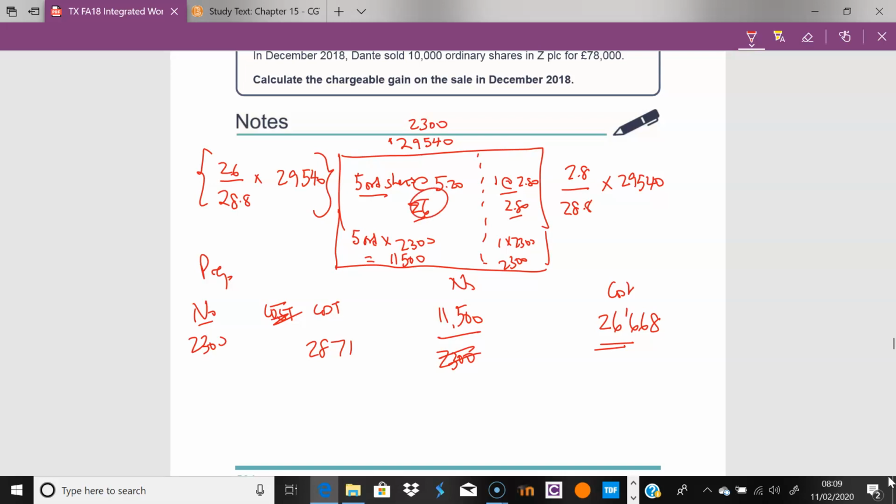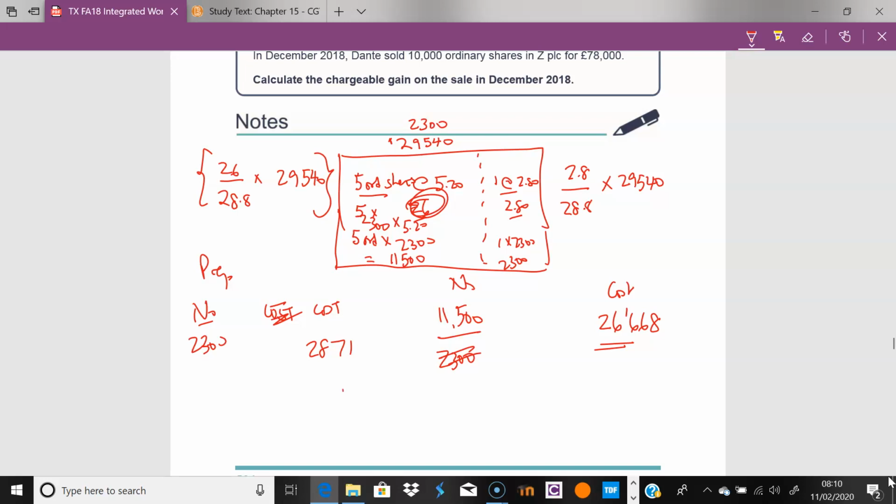I could have done this by finding the value of each share. So I could have said I have 5 ordinary shares at £5.20, and therefore 5 times 2,300 times £5.20. I could have done that and then based the value on those larger amounts. But it's just based on value. I've just done it based on a 1-to-1, 5-to-1, well, 26 to 2.80. I prefer doing it this way so you can really see where it's stemming from.